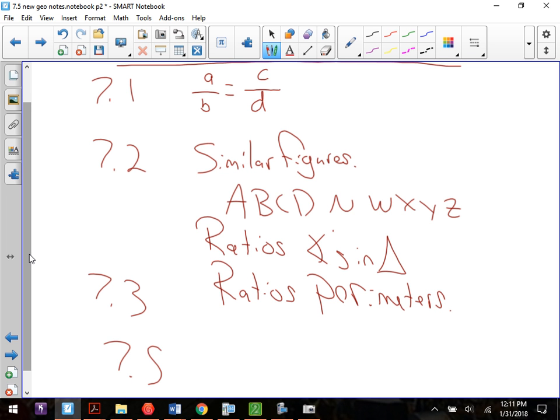It talks about the ratio of measures of the angles inside a triangle. So that's also the same vocabulary, the same verbiage, if you will, the same directions that we had on our